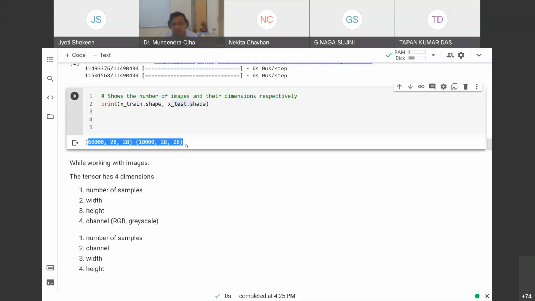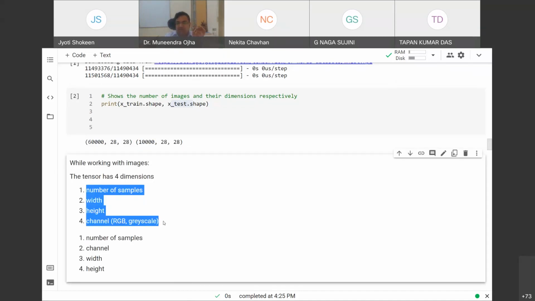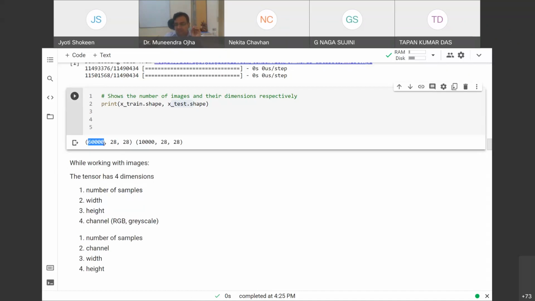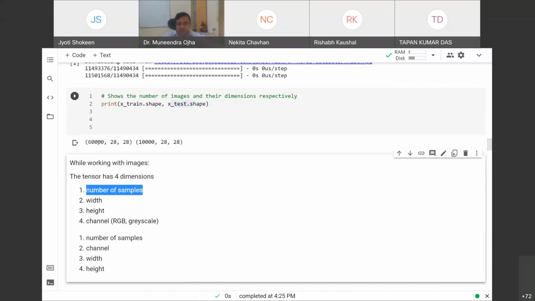That is a simple data structure, a multi-dimensional array. So if it is a multi-dimensional array, there are different dimensions of the data. Every image is a four-dimensional data tensor. A four-dimensional data tensor means it's a four-dimensional numeric array, which has different axes, different dimensions for different values. If you are working with TensorFlow, this is the designated axis. The first axis, that's 60,000, is designated for the number of samples. So how many samples you have is the number specified on the first axis.